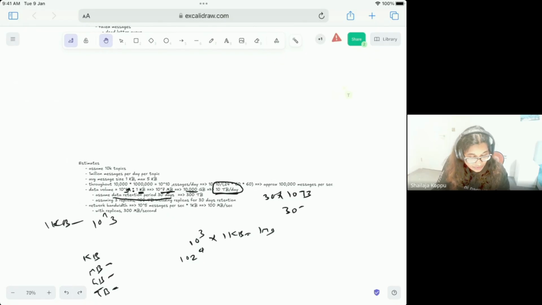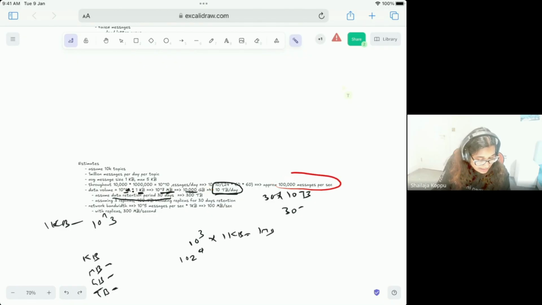This is the CPU bandwidth we will need all together. It means that all the machines together should be able to support 0.1 million messages per second. Now, to be able to process 0.1 million messages per second, definitely one CPU is not going to work. That's the reason usually we make these calculations upfront.